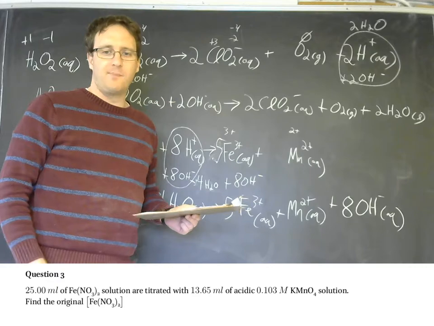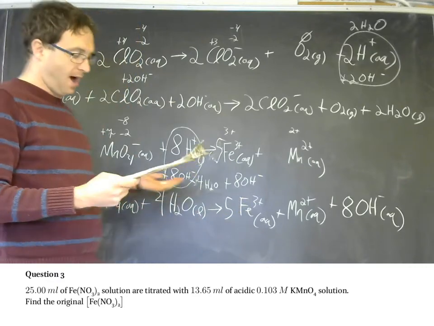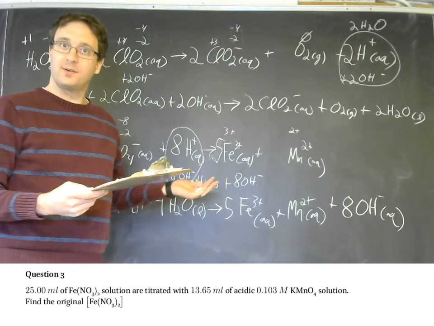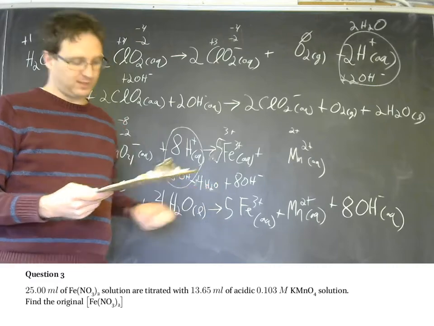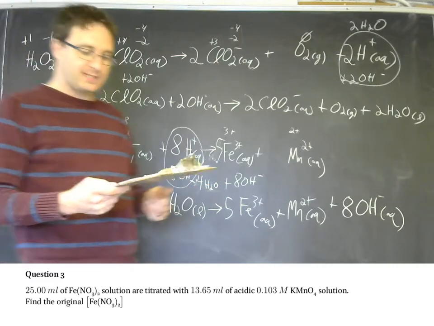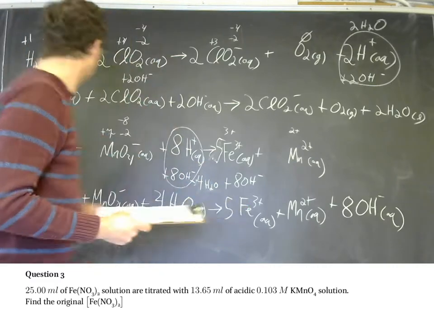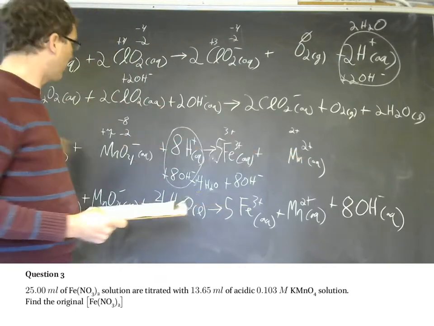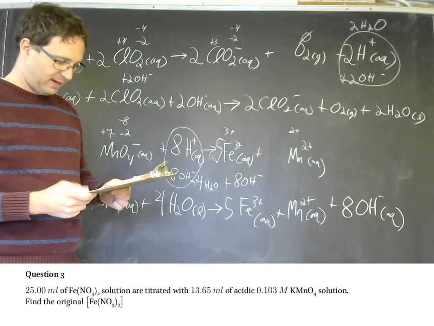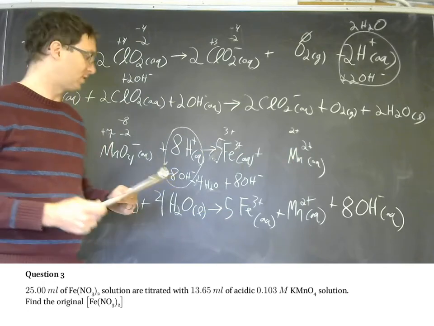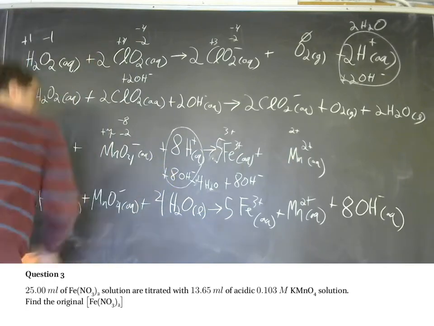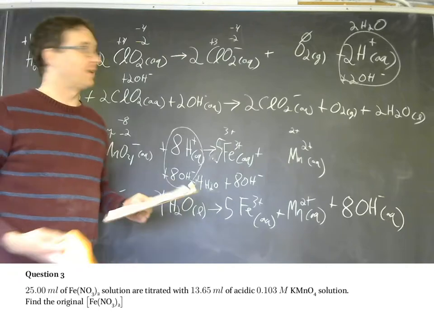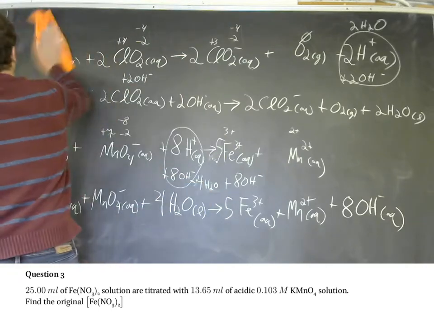And it has to do with iron nitrate, where we see that the iron is in the 2 plus state, with potassium permanganate. And so it's actually this reaction we have right here, the iron with permanganate in acidic conditions. Well, we have the fully balanced chemical equation right there. We're not going to actually need